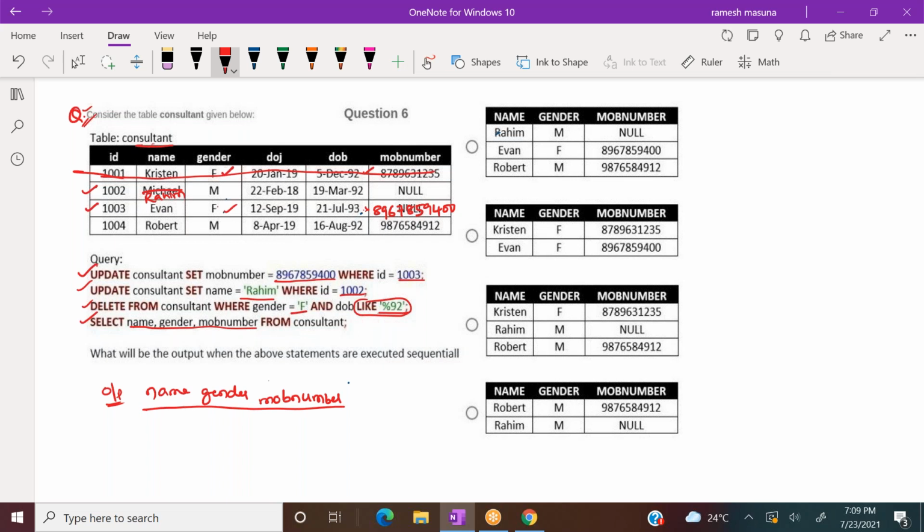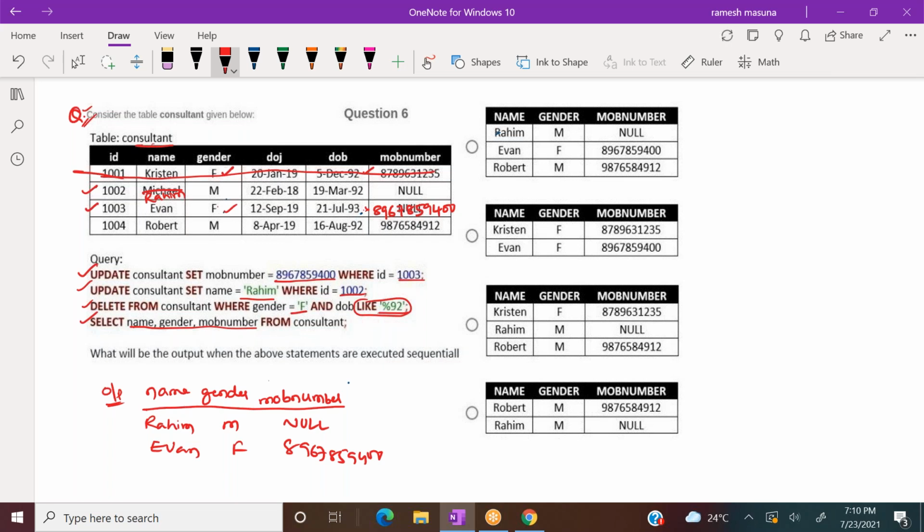Because this tuple is deleted, now what is the name of the first tuple? Rahim, gender male, and mobile number null. And next is Ivan, gender is female, and mobile number 8967859400.